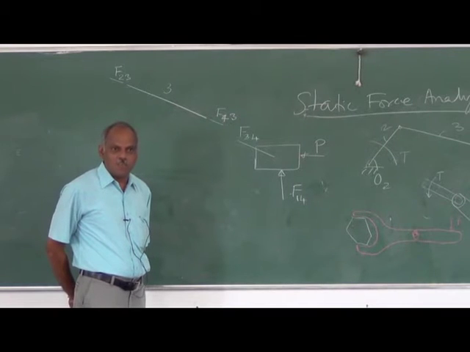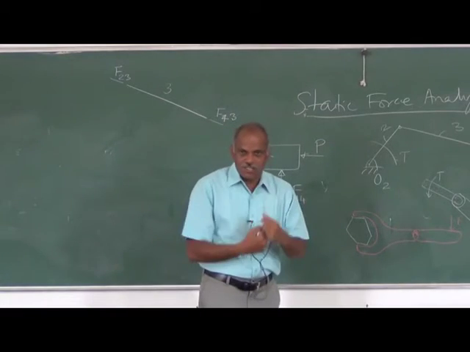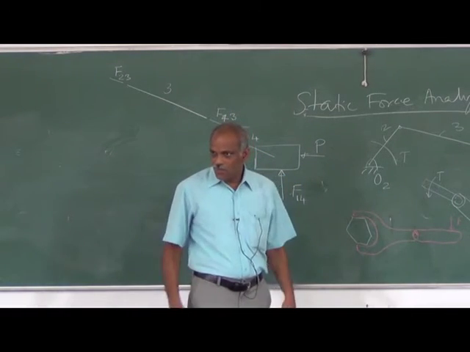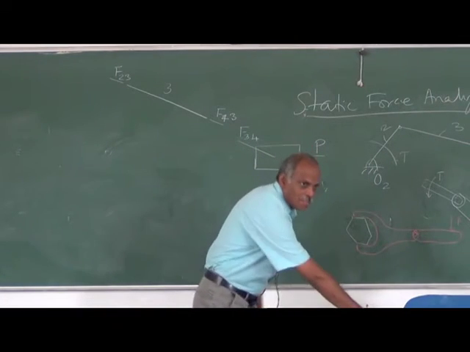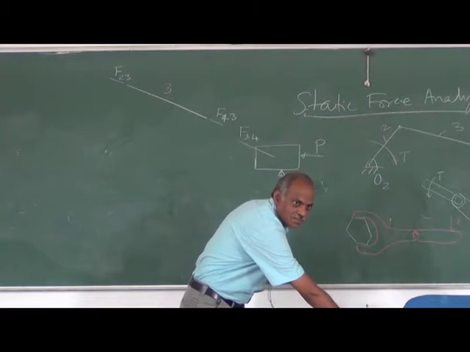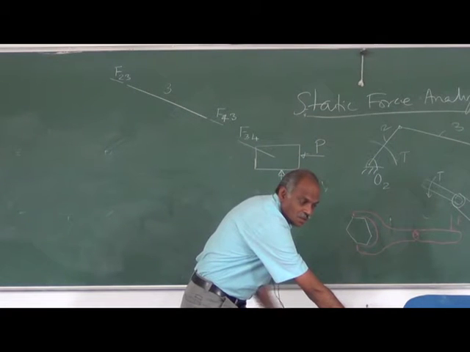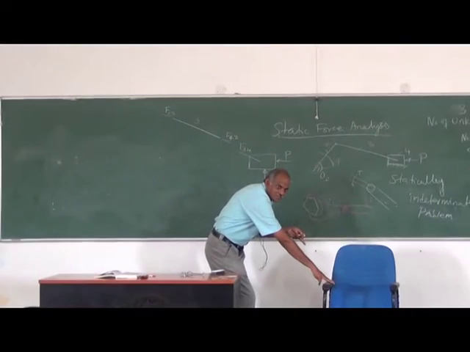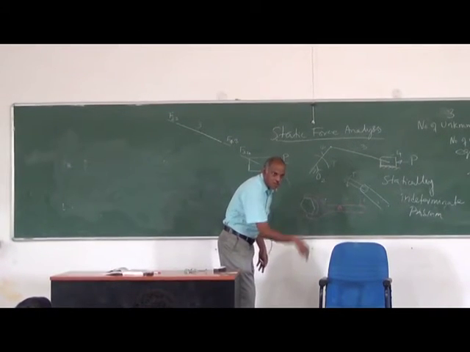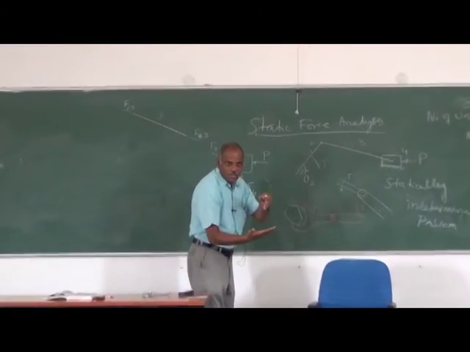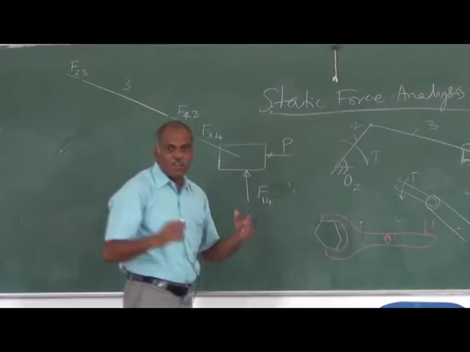What is the general case of forces in space? In this case I have said there are parallel forces. If the forces are inclined, for example, I will modify the same problem like this. Now I apply a force in addition to its weight, an additional force. Now the system is in equilibrium. In this case, if you assume there is friction between the floor and the legs, then what forces will be acting? What are the directions?